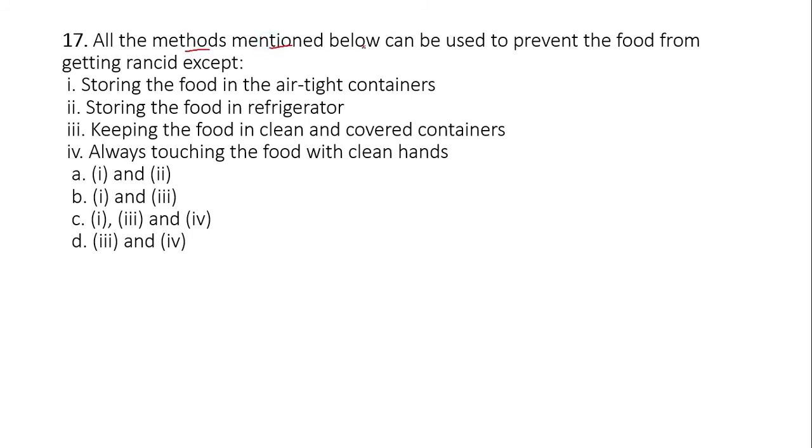All the methods mentioned below can be used to prevent food from getting rancid except. So since they have said that we are protecting food from rancidity, and we have already seen what the prevention methods of rancidity are. So in rancidity, what exactly we do is we try to prevent the food from getting rancid, that is